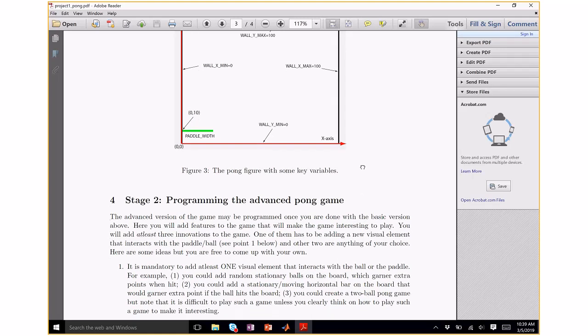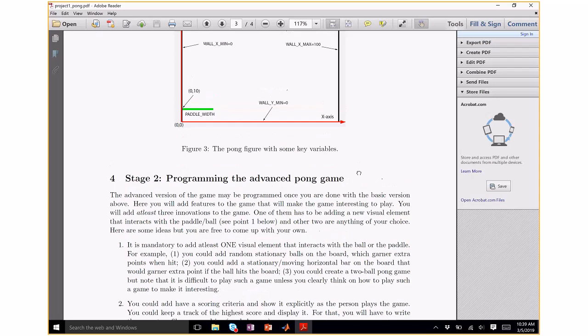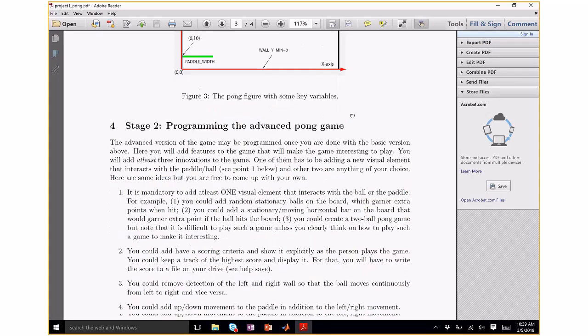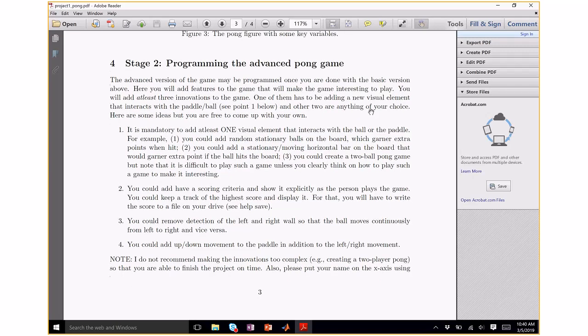So once you get the basic version going, which is basically the pedal moving, it detects the walls, the ball moving, hits the walls, then you have to program the advanced version, which is really an open-ended exercise. You can pretty much do whatever you want. I require you to do 3 things. One of them has to be, you've got to add some visual element to it. So it could be